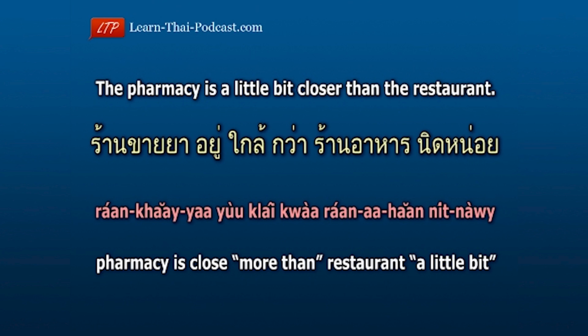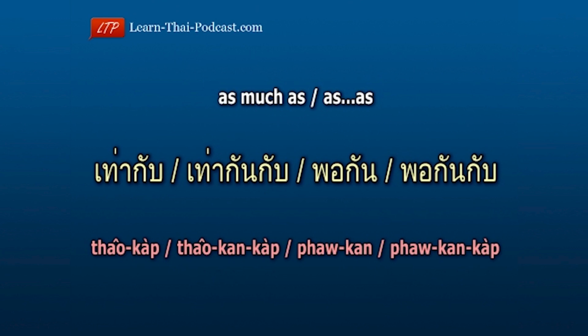Let's have a look at equal comparison. You use the word for as much as or as เท่ากับ or the longer version of the same word เท่ากันกับ or พอกัน or the longer version of the same word พอกันกับ